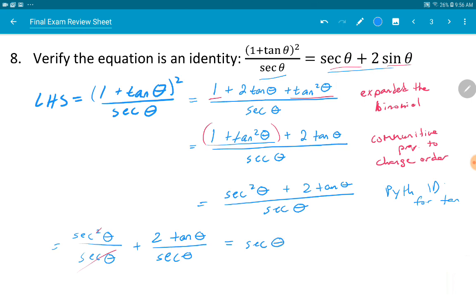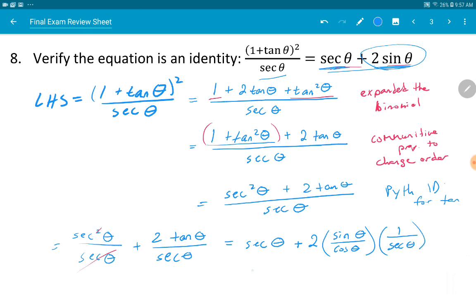And on the second fraction, well, let's see, I want to end with something in sine, right? I already have my secant down there. I need something with sine. So I'm going to turn tangent and secant and express those in terms of sine and cosine and see if I can get sine out. So I'm going to change that tangent to sine theta over cosine theta. And I'm going to first note that secant is actually in the denominator,